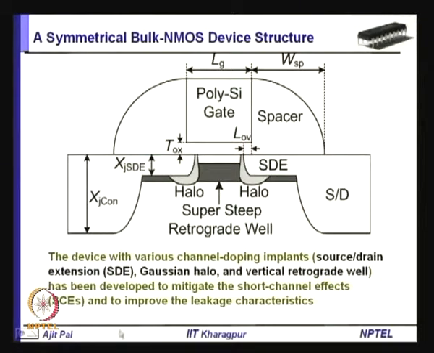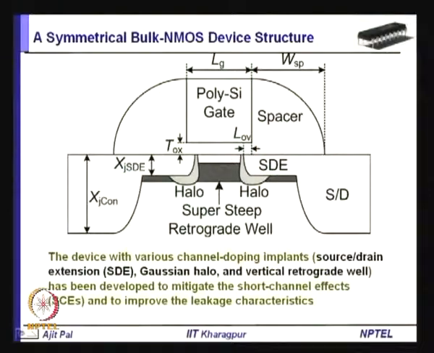Obviously, most of the short channel effects will be mitigated, and as a result the impact of variation will be smaller, but the cost of fabrication will be too much. So, this approach is not really very attractive for the fab houses. So, they will rather pass on the buck to the designers. Whatever variation occurs, that problem has to be solved by the designers. So, the fab house usually passes on the buck to the designers, and we shall see how they are tackled by the designers.